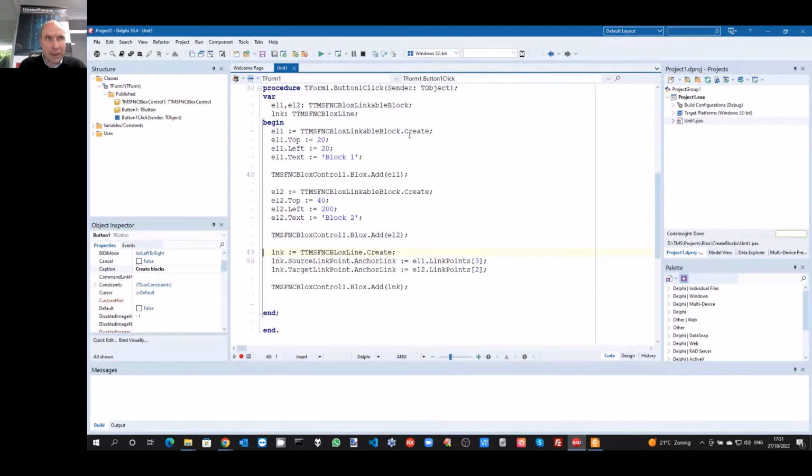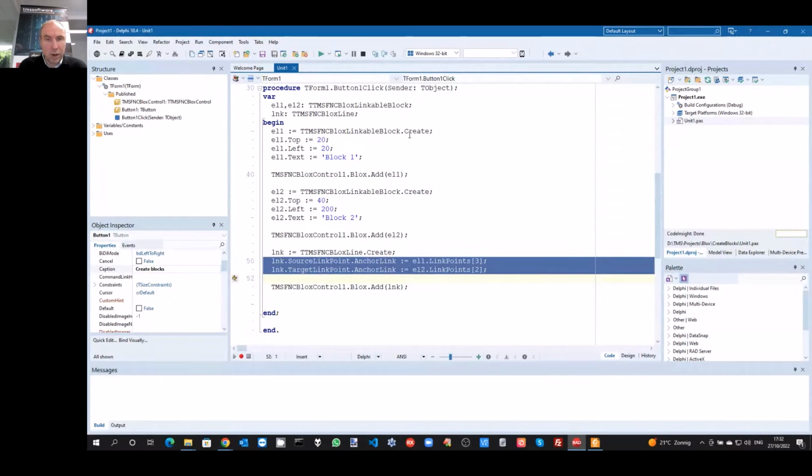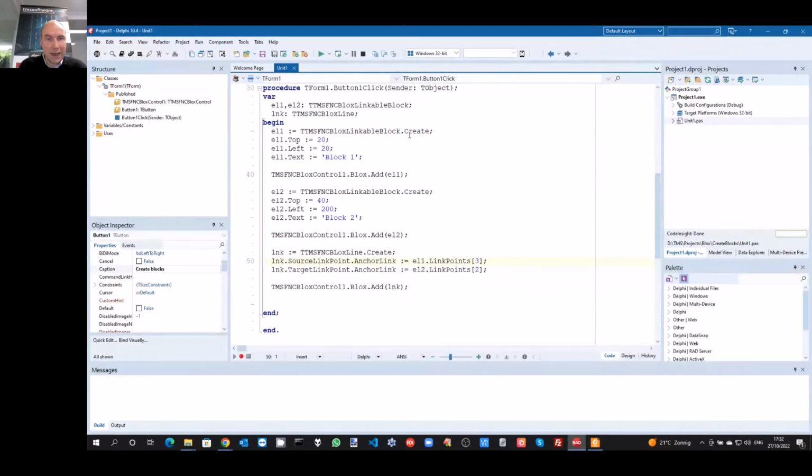Finally, I create a blocks line that will connect these 2 blocks together. So I create a blocks line object, and I specify which block is sitting at the link point at the source of the line, and that is set via blocks line dot source link point dot anchor link, which is set to a link point on my first blocks linkable block.